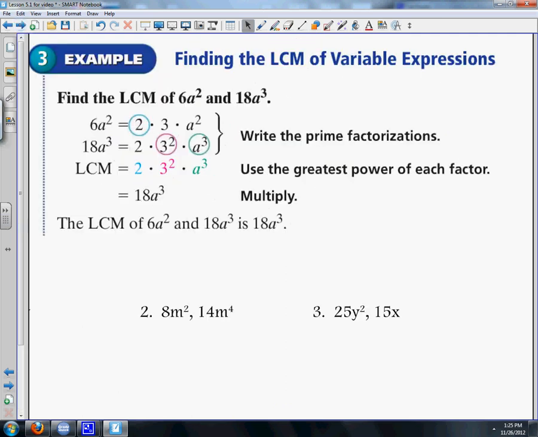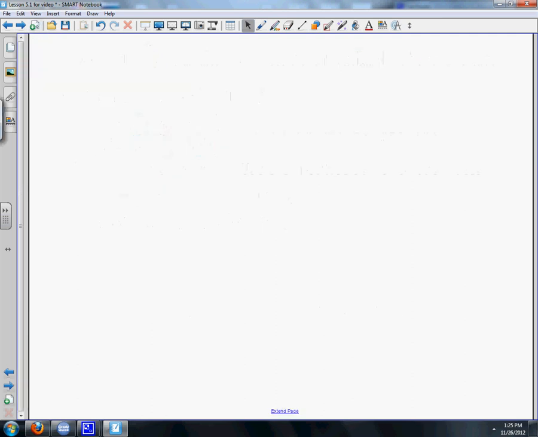So now, here's where they get into a little bit harder concept. It says find the LCM of variable expressions. So they want you to find the LCM of 6a squared and 18a to the third. So write this down. 6a squared and 18a to the third. So there's a couple different ways to do this. If I want the LCM,